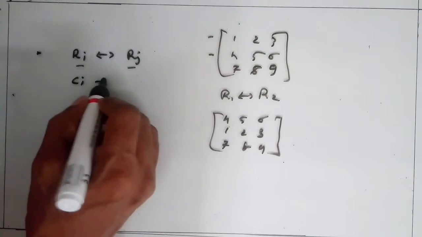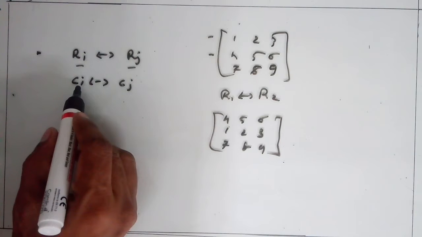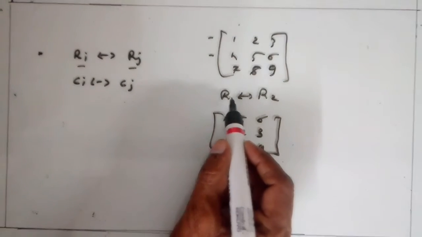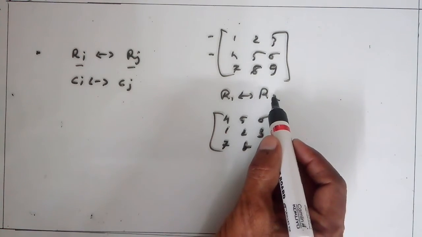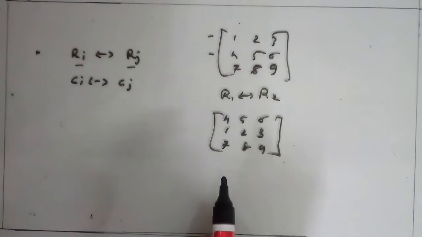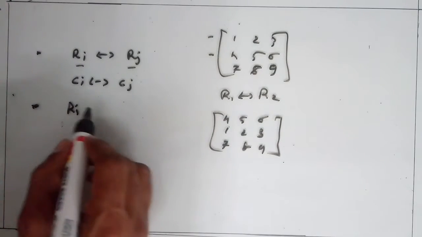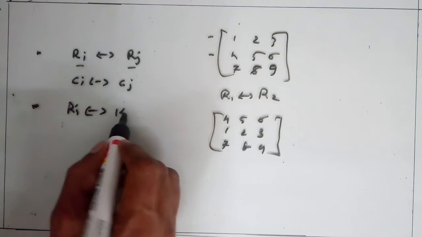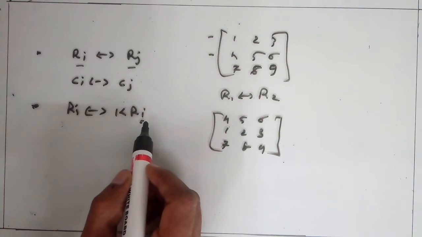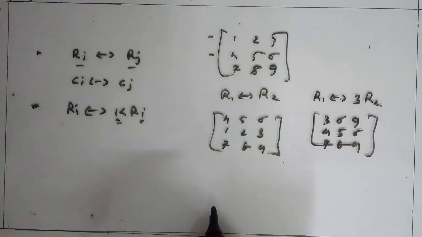Similarly, Ci to Cj, interchange the ith column and jth column. Like C1 to C2, the first and second columns interchange. Next, Ri implies k Ri. That means multiplying each entry of the ith row by k. Clear? Next,